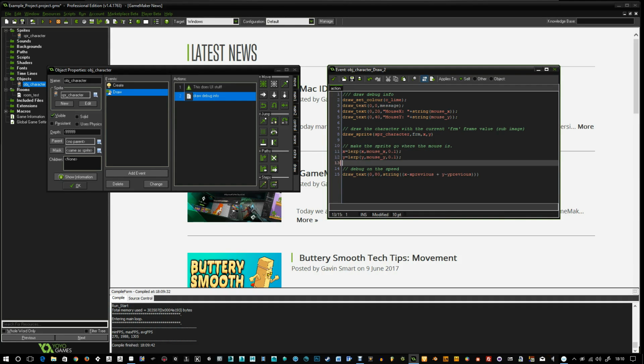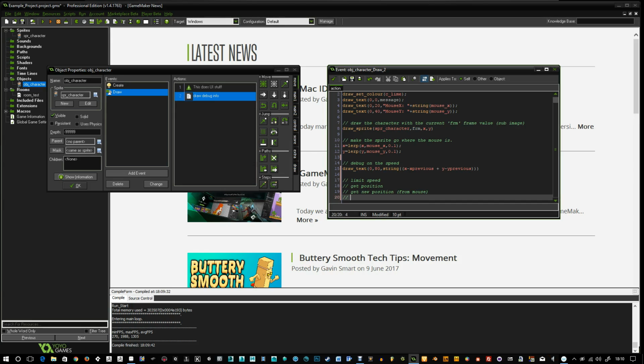Like if I did want a system where I could limit his speed, I'd figure out another way, probably through looking at his current position, where I want to go, working out the distance, and working out the speed, and then putting a limiter on that, and then adding that to his new position. So that's the logic. You have to sort of think of these things through first, and you might want to do it on paper, like limit speed. So get position, get new position from mouse, work out distance,